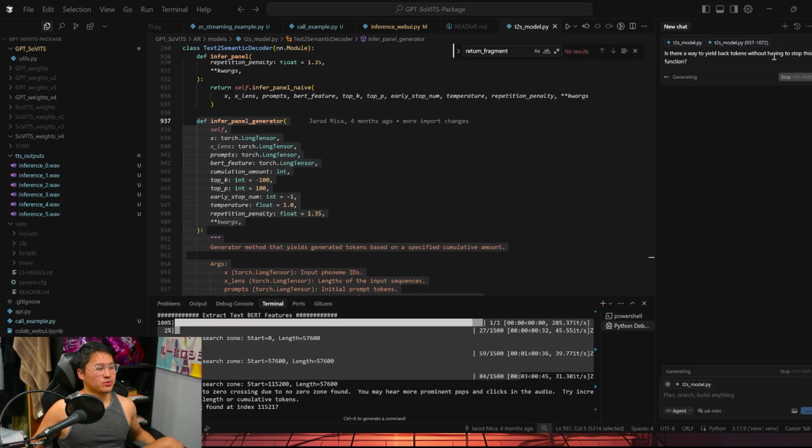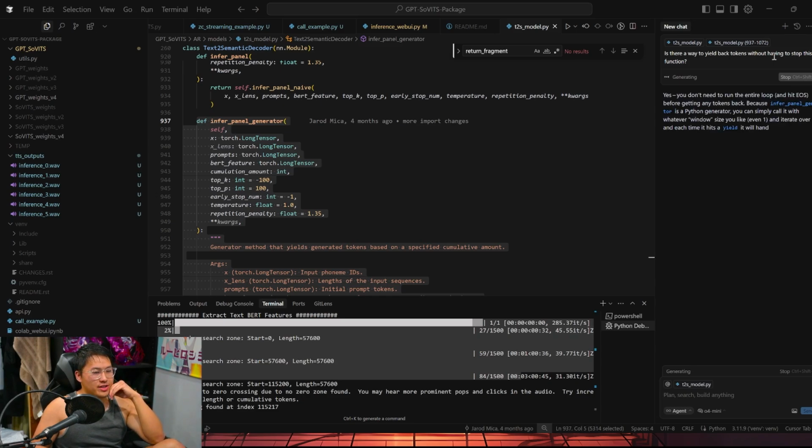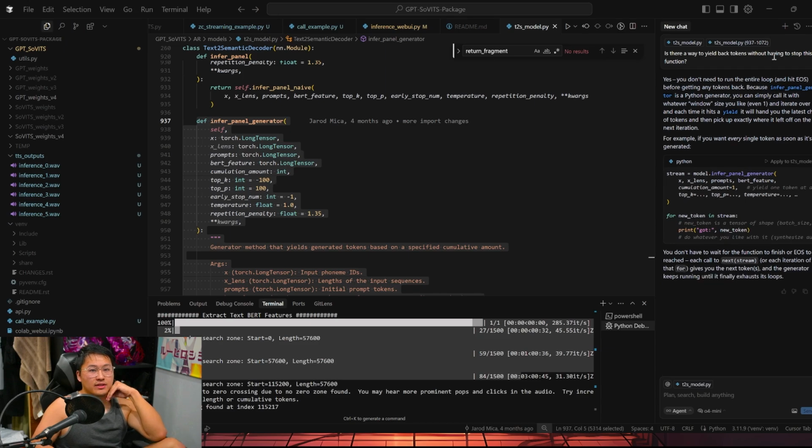So ideally this would be what I want to do to make sure that this inference function doesn't have to keep being recalled and reinitiated. But let's see. Yes, you don't need to run the entire loop. Okay, for example, if you want every single token as soon as it's generated,